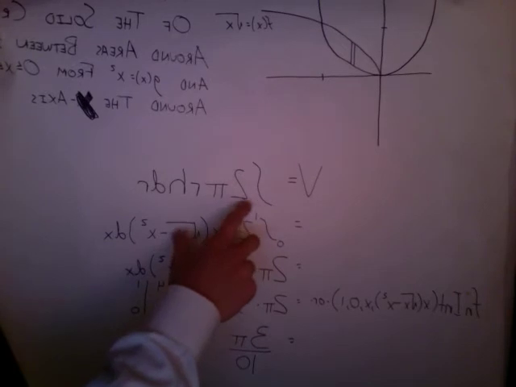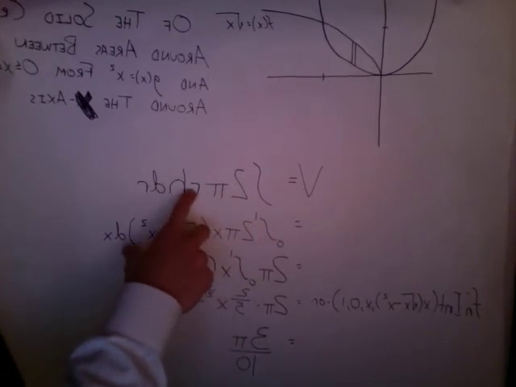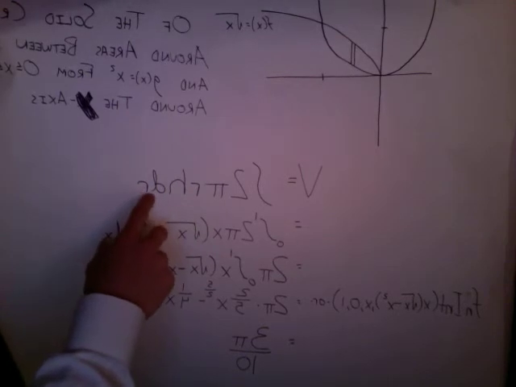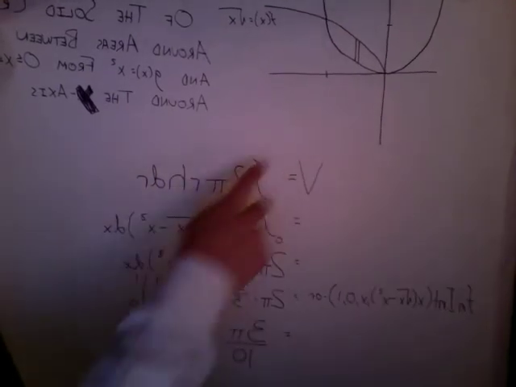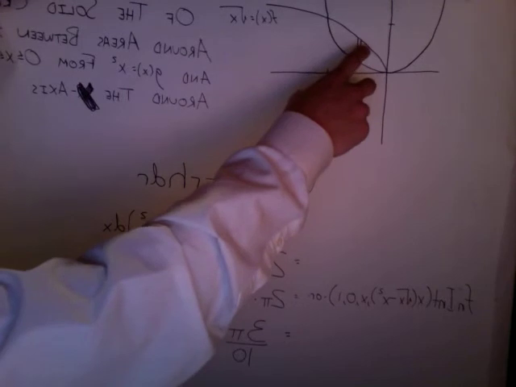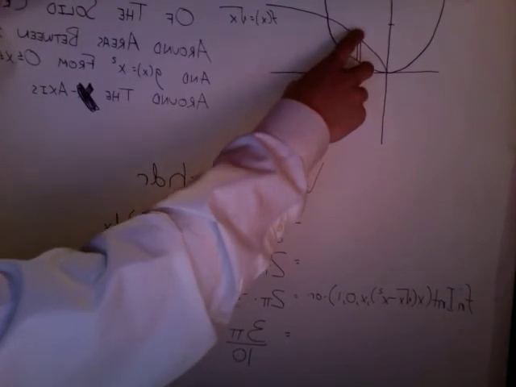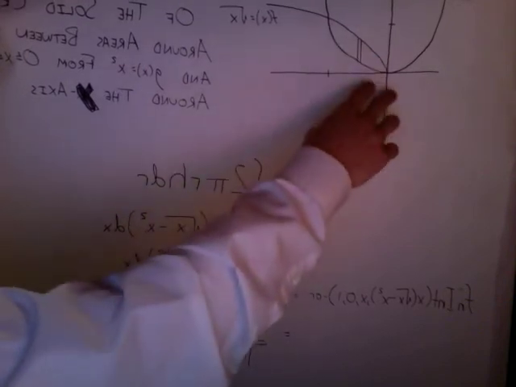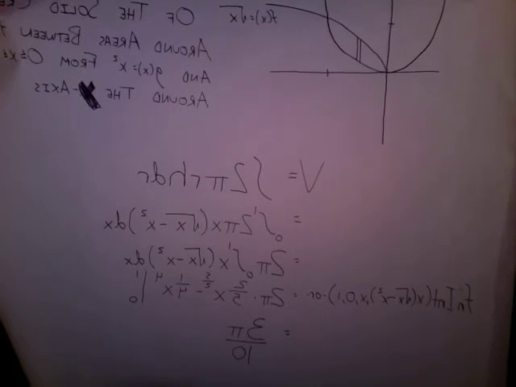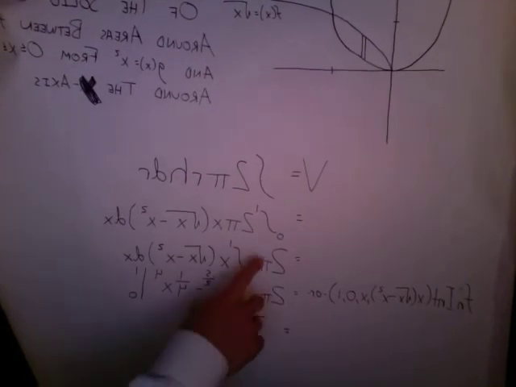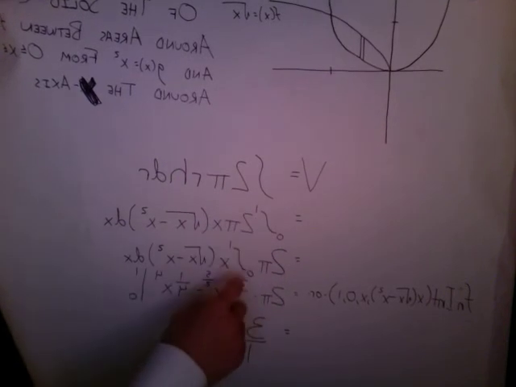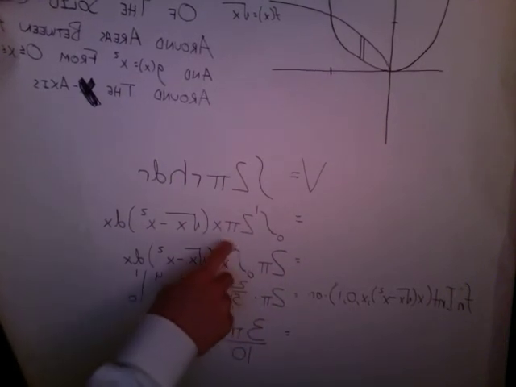the volume equals the integral of 2 pi times the radius times the height times whatever the radius is with respect to. So in this case, we're going to be using a radius that is parallel to the y-axis, which means we're going to use it with respect to x. So going into the equation, we know that from 0 to 1, the equation is going to be 2 pi